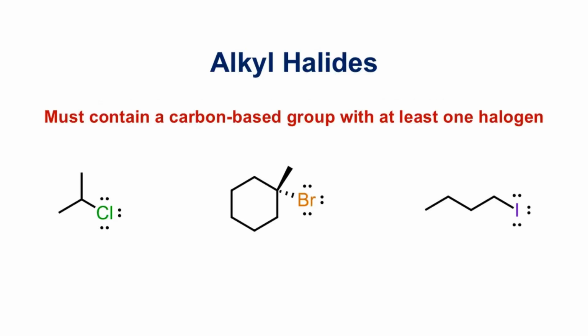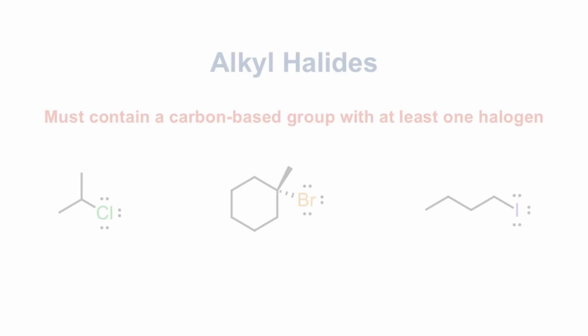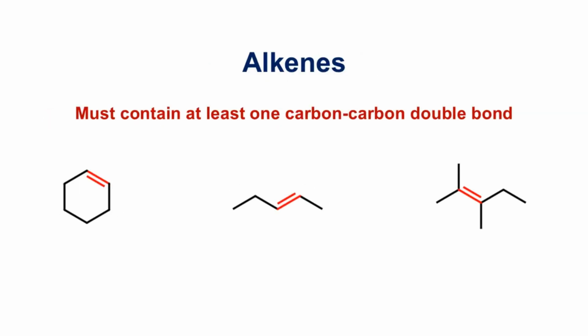To begin, alkyl halides contain a halogen atom bonded to sp3 hybrid carbon. These structures play essential roles in organic chemistry as substrates for elimination and substitution reactions. The alkene functional group features two carbon atoms with the sp2 hybrid pattern bonded together through both sigma and pi bonds. The region of the molecule containing the alkene will be flat and electron-rich, which is why they participate in